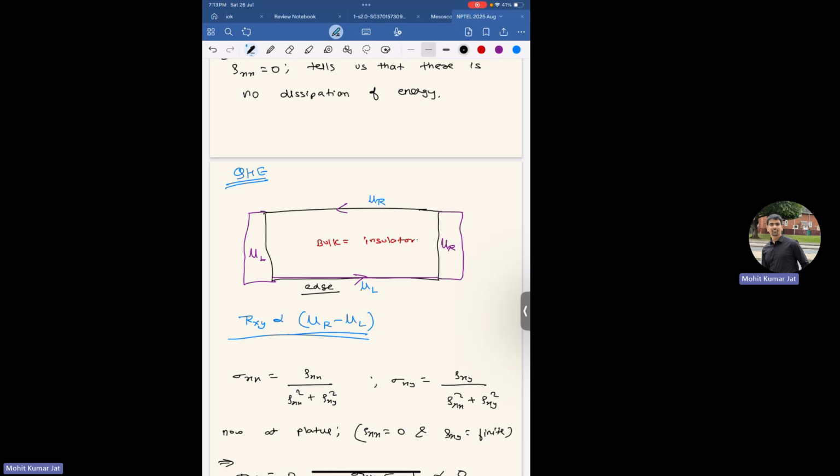If there are two ballistic channels, we know the resistance adds in parallel, like inverse of the resistance, basically. The conductance adds. And in that case, your conductance will be 2e square by h, or your resistance will be half of h by e square. If there are parallel channels, for nu equal to 3, it will be 1 by 3 of h by e square. And like that, the resistivity goes in the system.